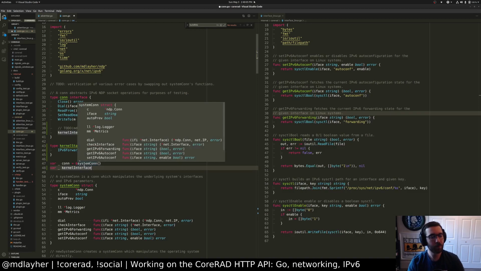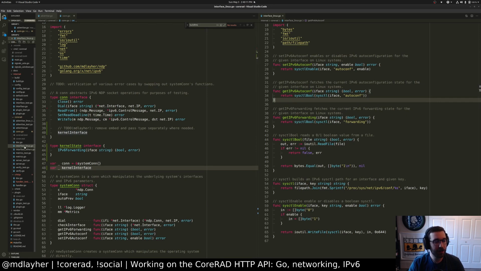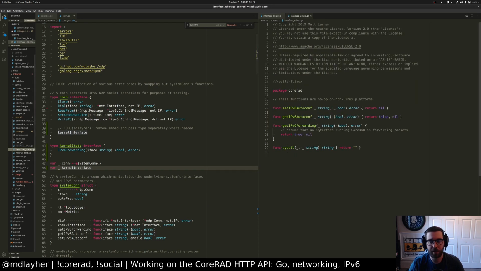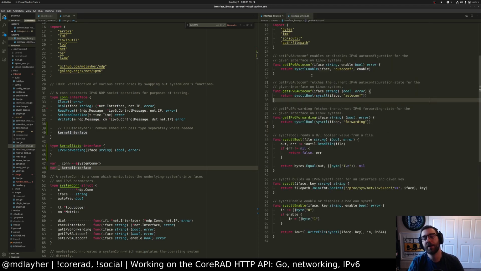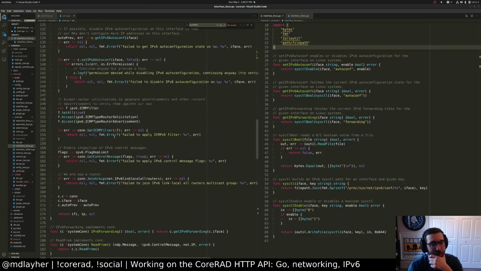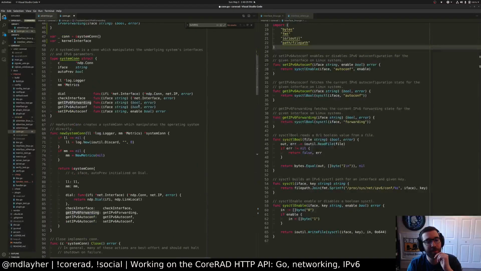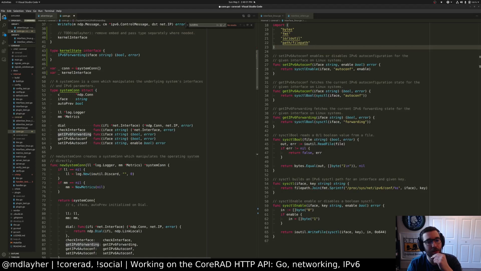So what we can do now is we can have these types over here in this interface package. No ops, yeah. Okay, so I don't have any exported API for this, right? Where is my IPv6 forwarding wrapper? C get IPv6 forwarding, which is a function. Yeah. I guess that could probably still be a function, but